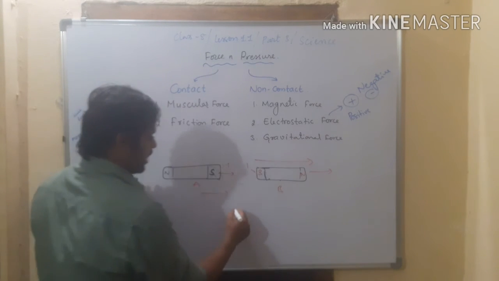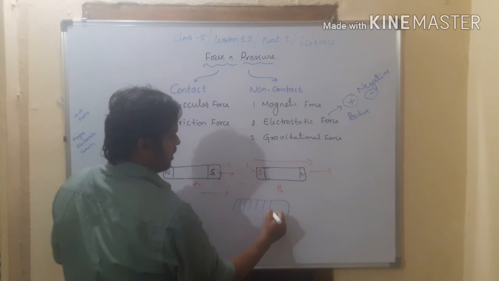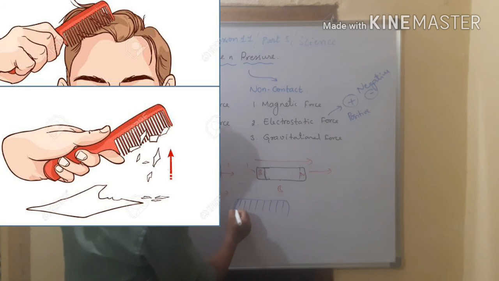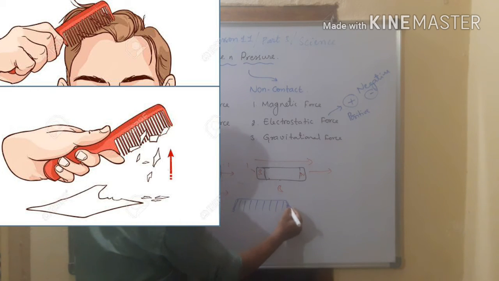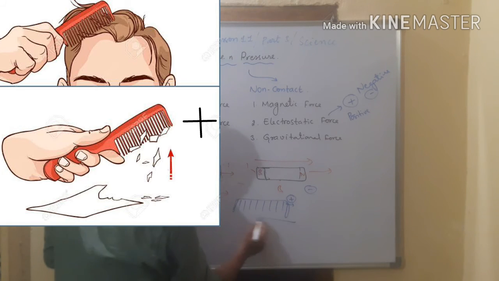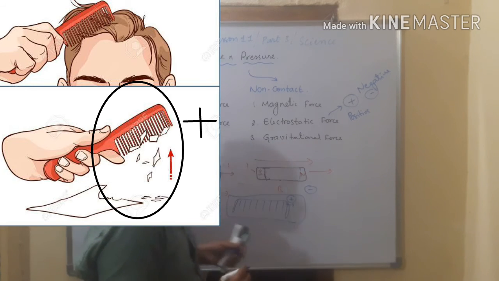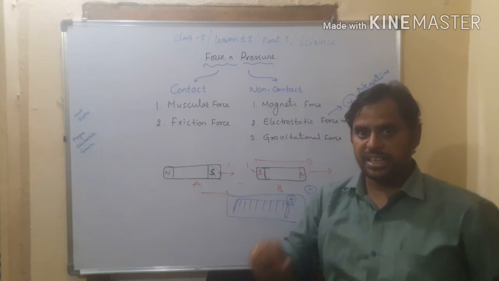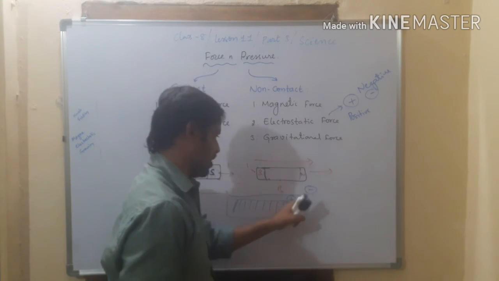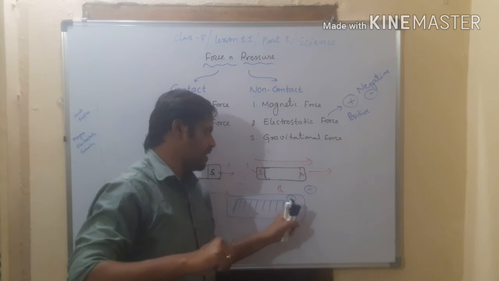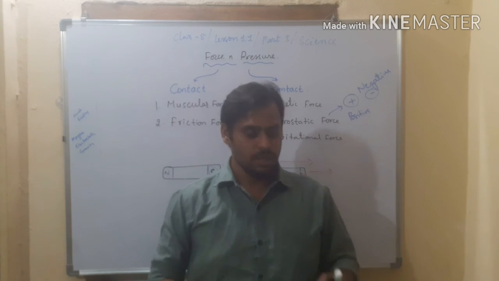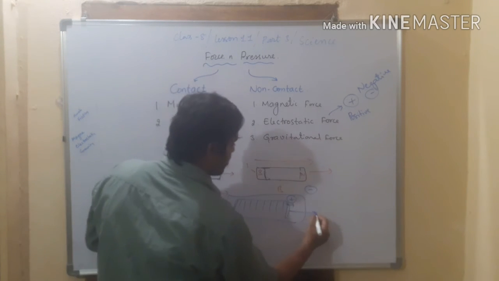For example, take a comb. Now the comb is neutral, it doesn't have any charge. And if you comb dry hair for 4 to 5 minutes, then the comb becomes charged. It bears either positive charge or negative charge. Now it is called electrically charged material, and this material can hold that charge, either positive or negative, whatever it may be. For example, it becomes positively charged. This positive charge will be with the comb always. So it is called electrostatic.